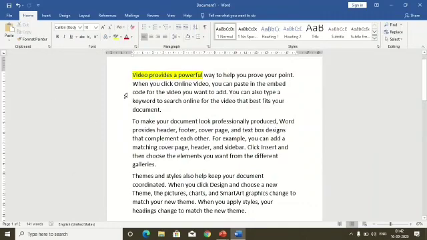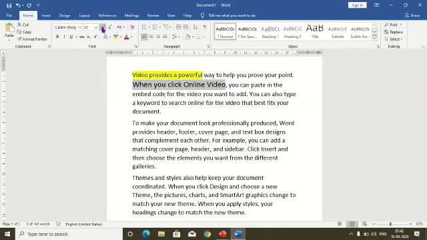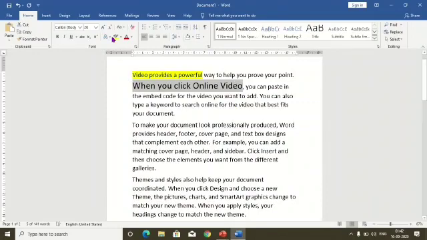Now next we see increase or decrease font size. So what are increasing and decreasing of font size? Let's see. When I select this specific text and press this key, which is increase font size, it makes our text one size bigger.